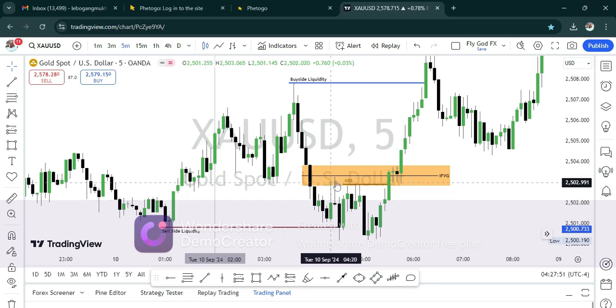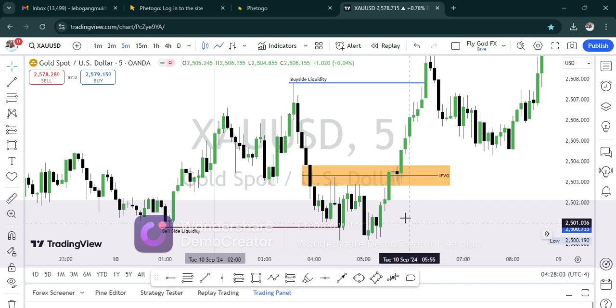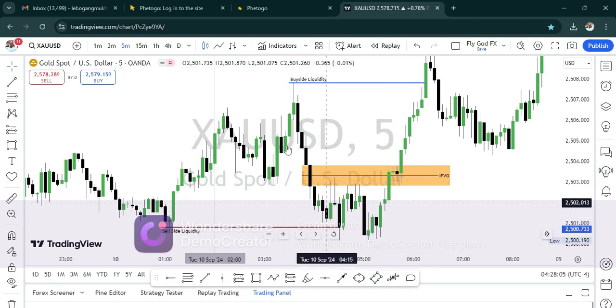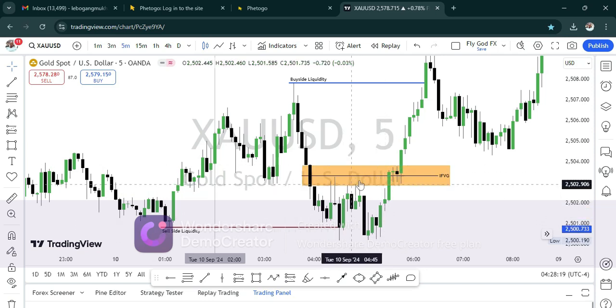As price broke, that's a shift in market structure. You won't see it, but let's remove it for now. You see, price came here and gave us a clear range, came back low, took that low, and took that low again. This is a relatively equal low. So as price breaks this area here,